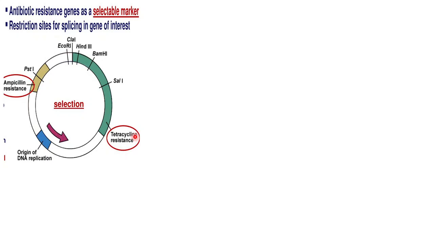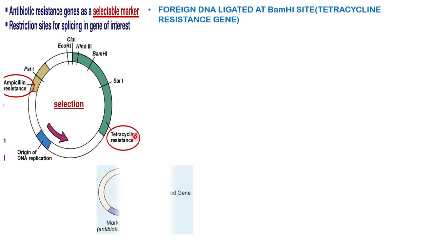We will add the enzyme, restriction enzyme BamHI, which will cut the DNA at this particular portion. The portion which contains the tetracycline resistance gene will be cut out. So here will be a cut, and even here, the green portion will be cut out and removed. Then the same restriction enzyme also will be used to cut our foreign DNA.